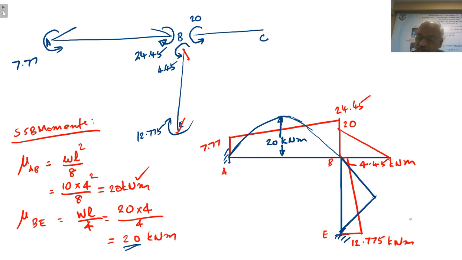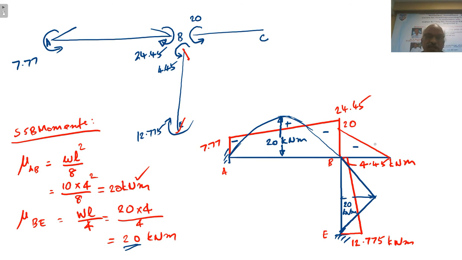So this value is 20 at the mid height, 20 kilonewton meter. Right. Now this is minus, this is plus, this is minus,